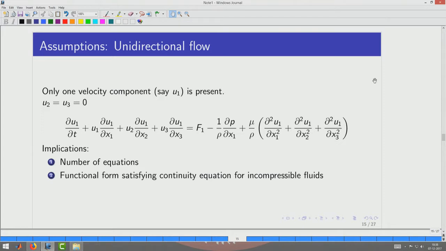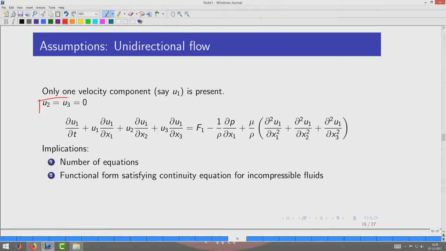So, unidirectional flow does not only mean that the number of equations has reduced from 3 to 1, it also means that u2 and u3 are 0. So, what this implies is that here we have got u2 and here we have got u3. So, which means that the terms here are also going to be dropped off. So, which actually makes the number of terms in the Navier-Stokes equation much smaller. So, you can already see that the first term is dropped in case it is steady state. So, the third and fourth terms will be dropped in case u1 is the only velocity, u2 and u3 are to be dropped. Okay. So, you have got simplification in terms of the number of equations, it becomes 1, and